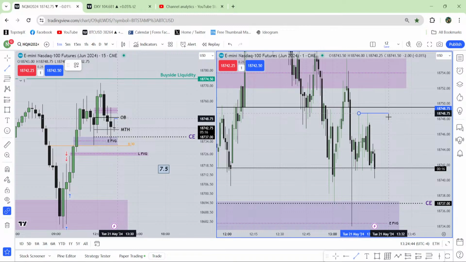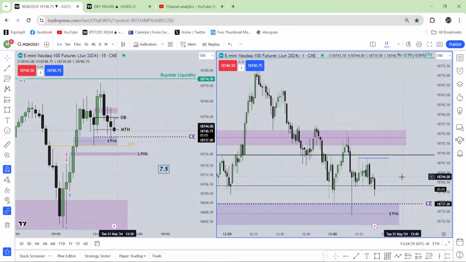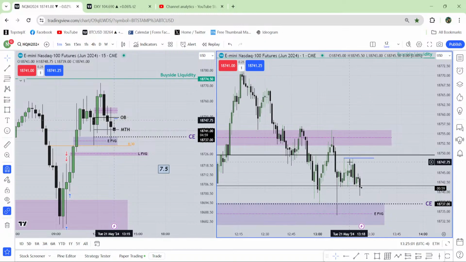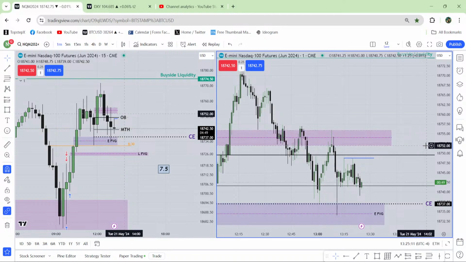See these two highs, they're relatively equal highs. So you can't use those as your market structure shift swing high. You just can't use them as your market structure shift. Keep that in your mind, because they are relatively equal highs. They are not a single high which is valid for shifting market structure. Here, this swing high is the only swing high which is valid for shifting market structure until now.